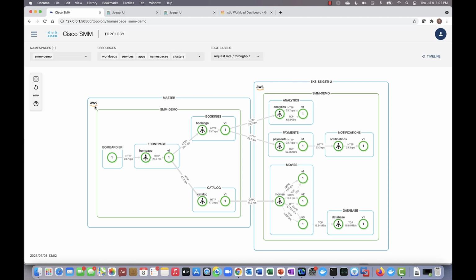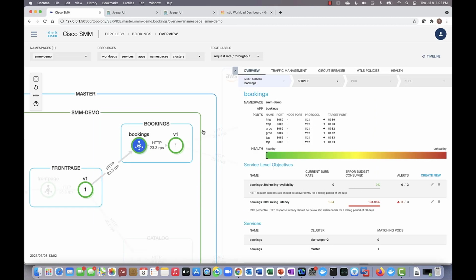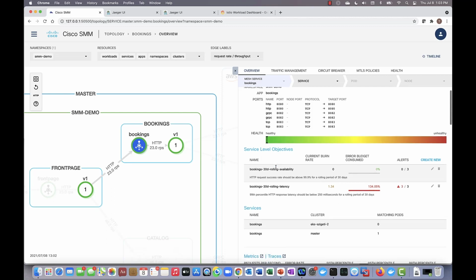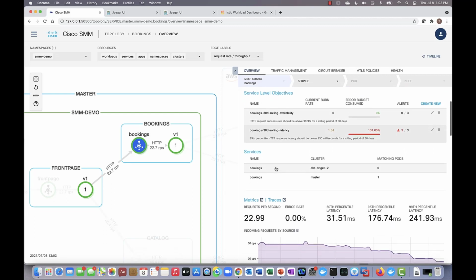They both happen to be in the same cloud provider, in this case AWS, but they could be on-prem, they could be in different providers, etc. It doesn't matter. I get the bird's eye level view of everything. I can zoom in on any given item, whether it's a service or a workload, etc., and I have a tremendous amount of information. The overall health, this one is a very healthy service, any service level objectives I target,